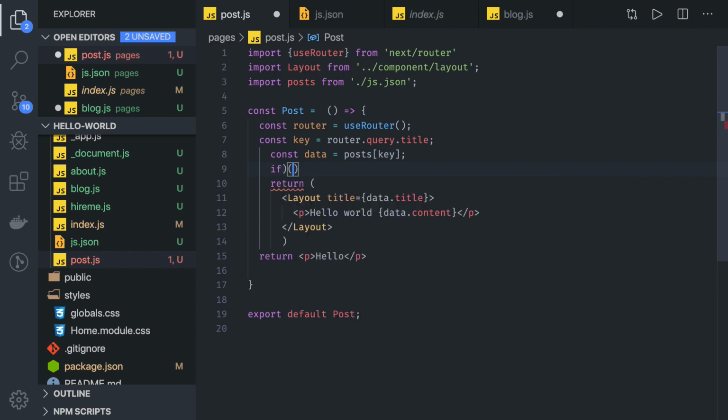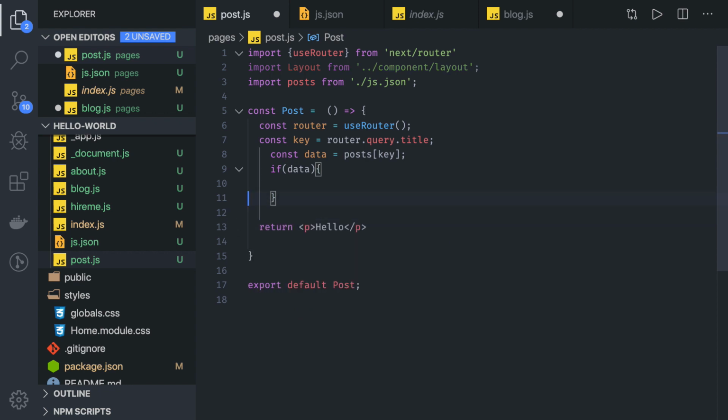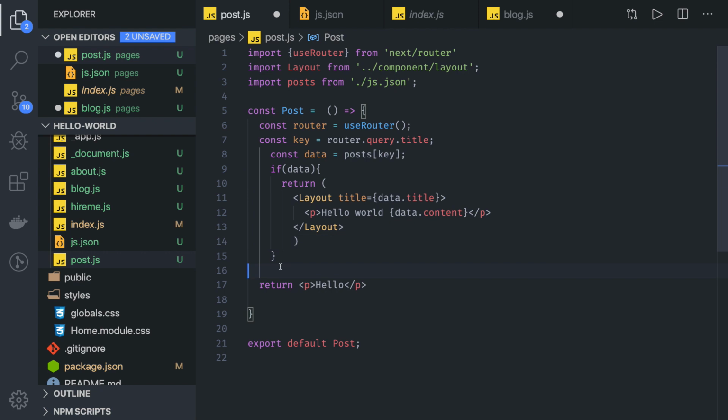So this is just a conditional check. If you have data, then return this. Otherwise return that. Okay, simple checks that will save you from any kind of undefined error, reference error. So this is how we are able to access the key value pairs like title and content from JSON based on the query parameter,